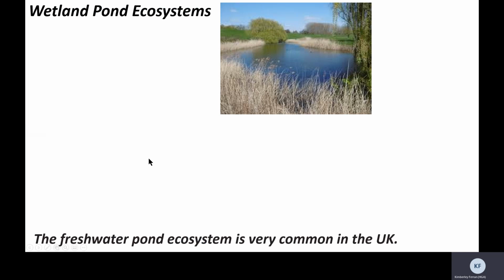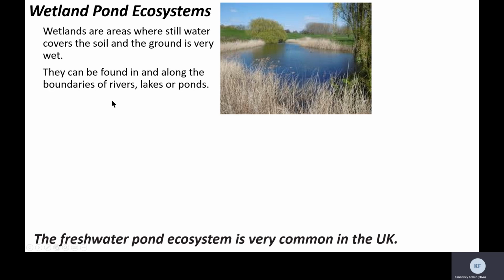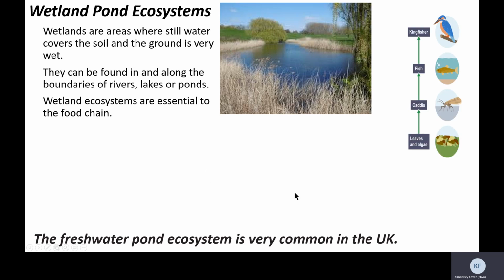Wetland pond ecosystems are an example of the type of habitat that you'll find here. Wetlands are areas where still water covers the soil and the ground is very wet. They can be found in and along the boundaries of rivers, lakes, or ponds, so here along the edge of the River Thames. Wetland ecosystems are essential to the food chain, and we have an example of a food chain